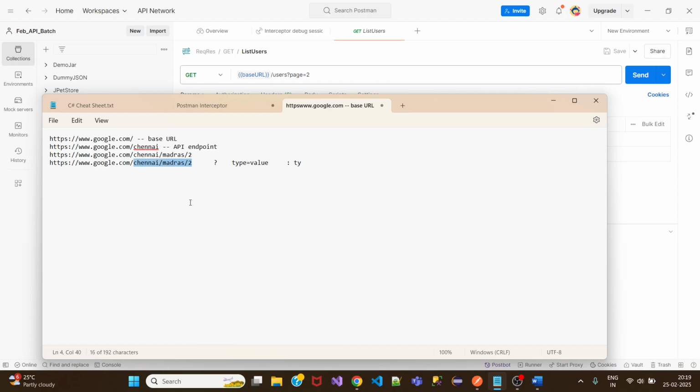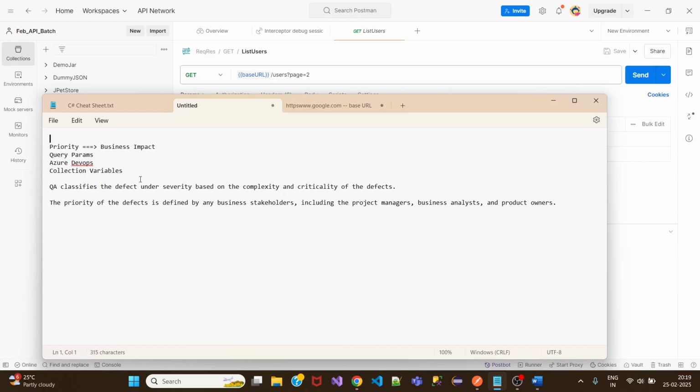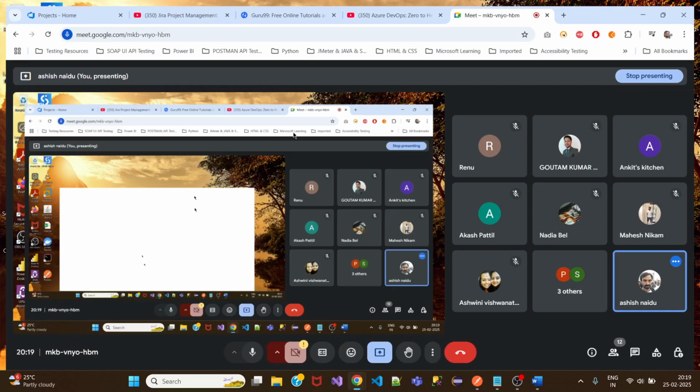Now, is it clear? Yes, Ashish, clear. So we are done with Postman Interceptor and API endpoint. Now coming to the priority, which we discussed yesterday. Before coming to the priority thing,